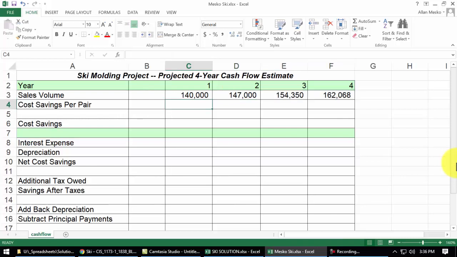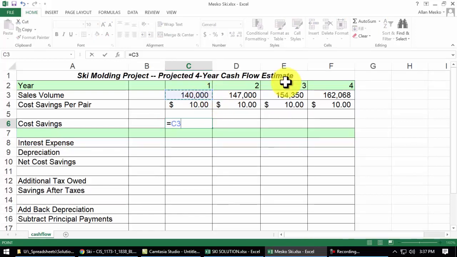Number 4 says enter the cost savings as $10 per pair, which will be the same amount every year. We want that to be currency, don't we? And we want that to be the same every year. That machine's going to save us $10 a pair. Number 5 says calculate the cost savings right here. How much are we going to save every year? Well, if we think we're going to make this many pairs and we're saving $10 a piece, then that's going to be multiplying those two things together. So we're going to take the number of pairs times the savings per pair, and this should be our savings